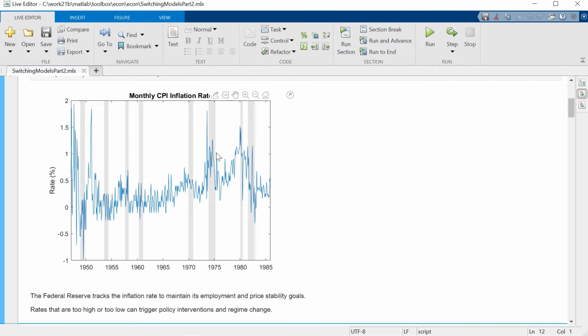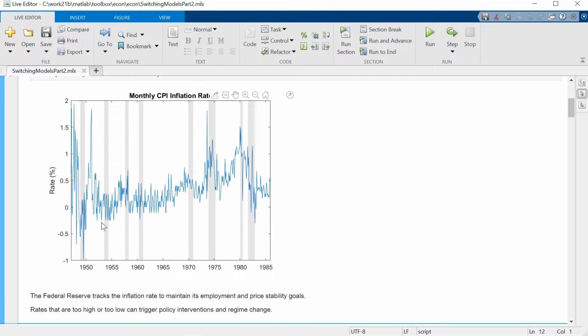And after observing deviations from a normal inflation rate, after a lag, say, of maybe a few months, the Federal Reserve might issue new rules and guidelines on things like interest rates, et cetera, to try and meet their price stability goals and employment goals. And when the Fed does something like that, the economic environment changes, and the statistical description of the data in the new economic environment might be different than what it was in the previous environment.